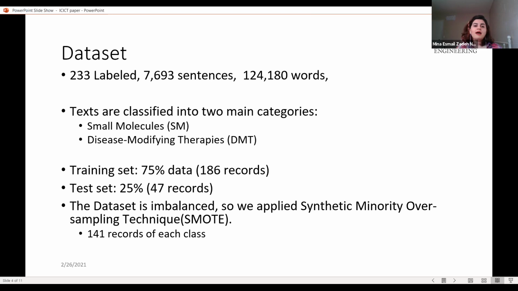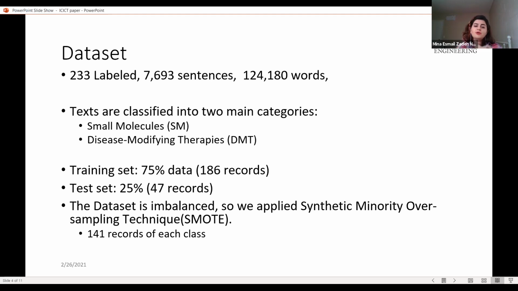But right now, the data set size was 7,693 sentences and 1,024,180 words. And we had to classify this data into two main categories: small molecule and disease modifying